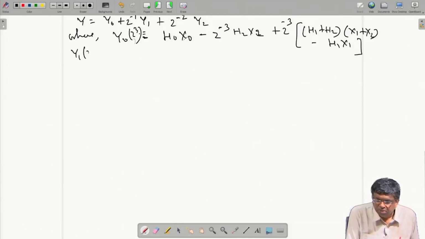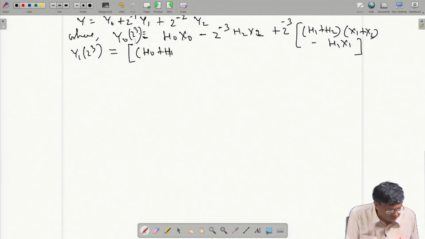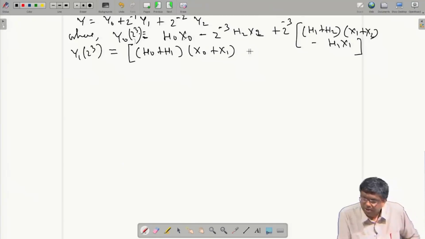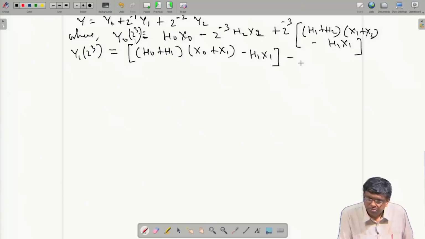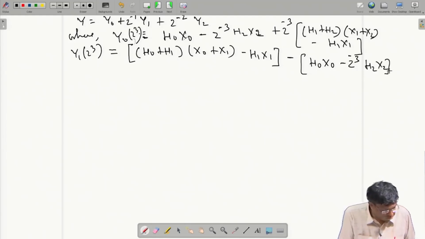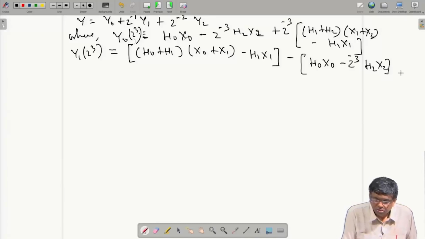Then y1 as a function of z to the power 3 will be h0 as a function of z to the power 3, h1 as a function of z to the power 3, same everywhere, x0, x1, all. And last one,